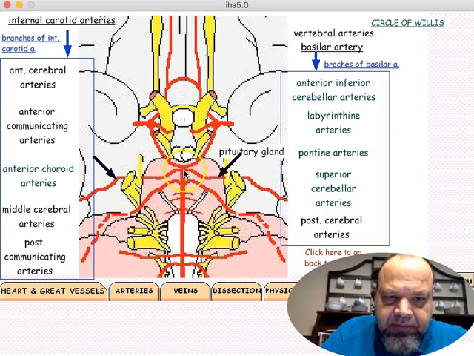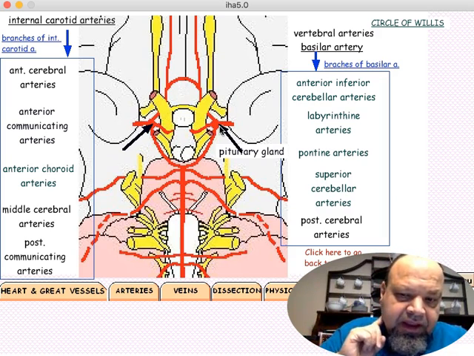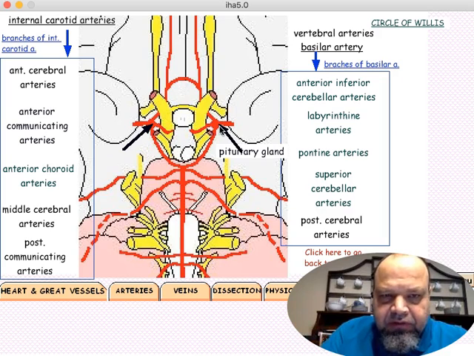Now, the basilar ends with two vessels that are technically part of these two large structures called the internal carotids. The internal carotid arteries come from the common carotid arteries in the neck when they bifurcate at the angle of the jaw to give you external carotids, which supply the face, but the internal carotids move into the carotid canal and the floor of the cranium, and from there they will supply blood to their